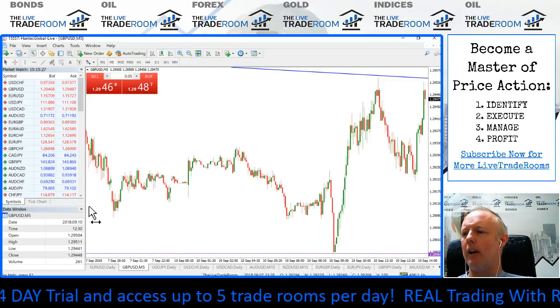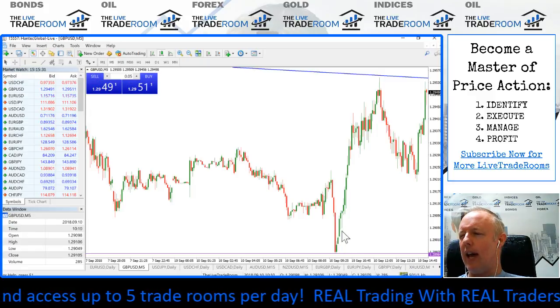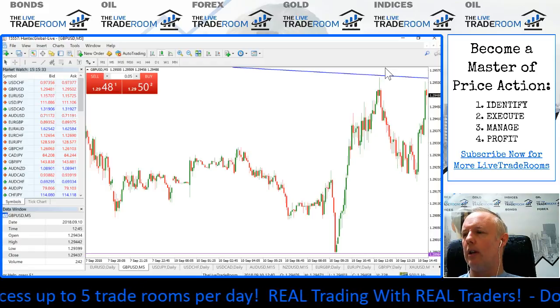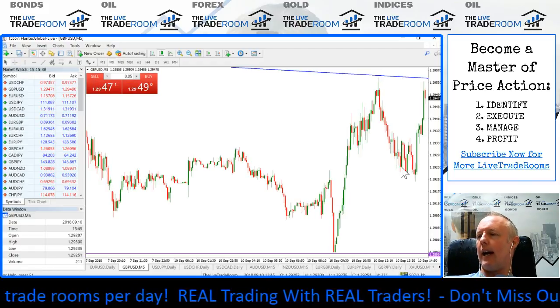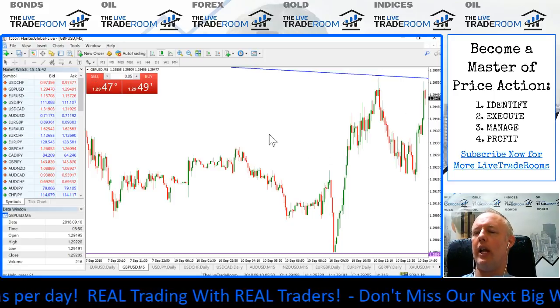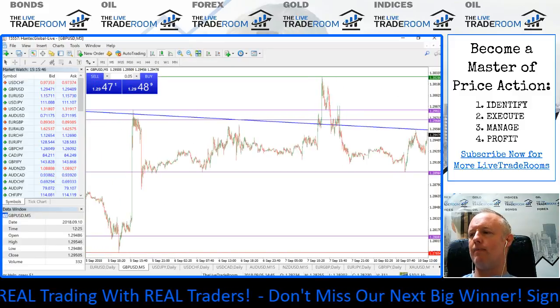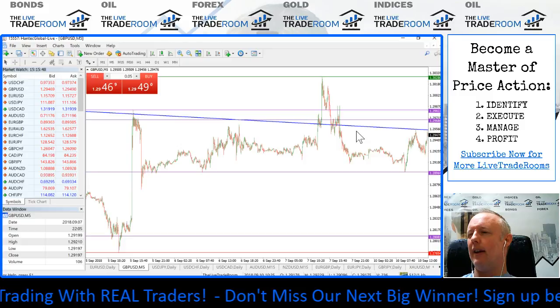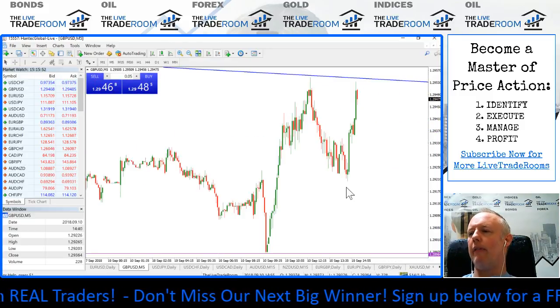So this is the market we were looking at, the pound dollar. It started to roll over to the downside, and then as the morning unfolded, in line with the GDP figure, we saw a bit of strength start to kick in to the pound dollar. And look at which level this market is struggling to break again. It's this descending level, so an important level to be mindful of.